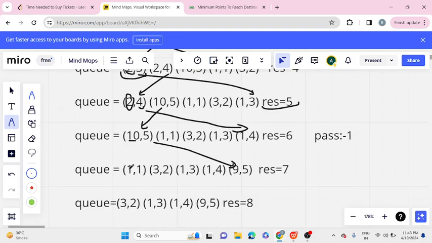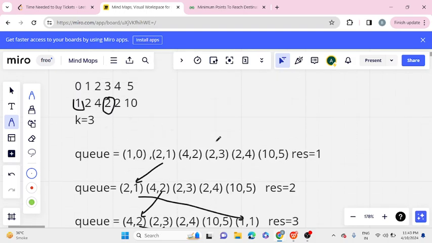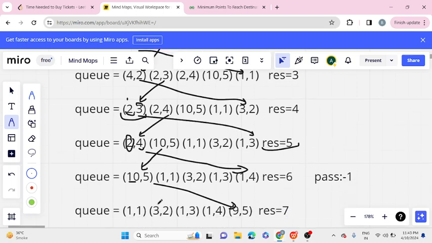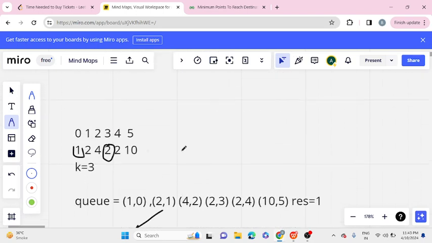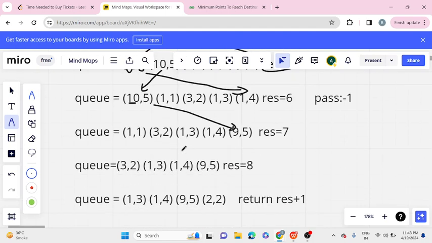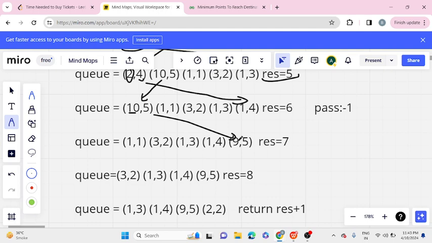Then that 2 becomes 1 here. That 4 became 3. And after that it will be 2, 2 and 10. So it became 1, 1 and 9. Now after this iteration, the k value is 1,